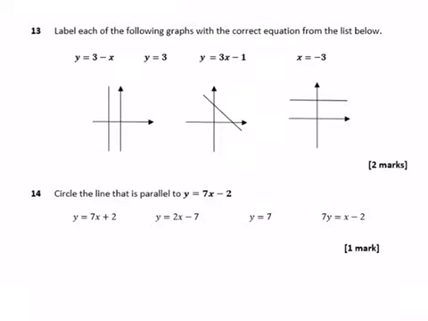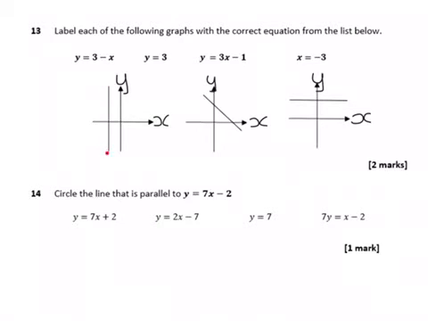Okay, in question 13 we're looking at sketch graphs. So of course our vertical axis is y, horizontal axis is x for each of these sketches. And then we've got to look at the equation given to work out which one would match up with the graph below. So in our first graph, here's our y-axis and we have a vertical line,